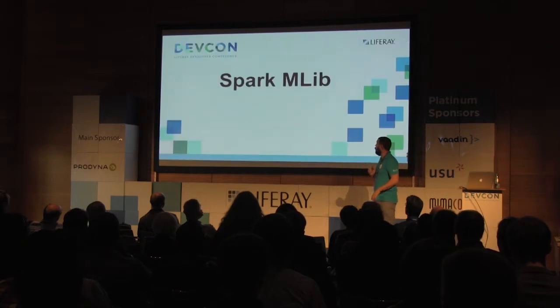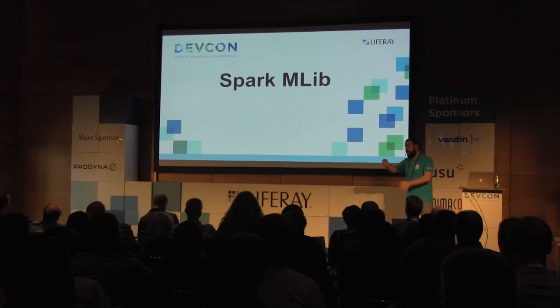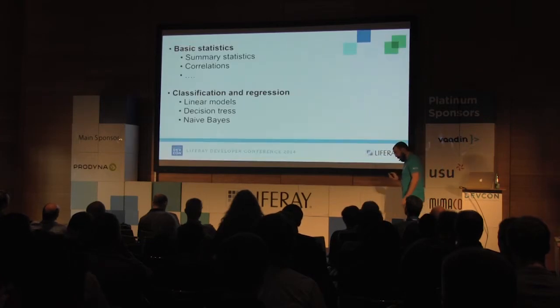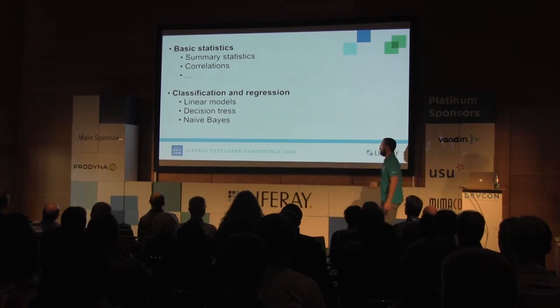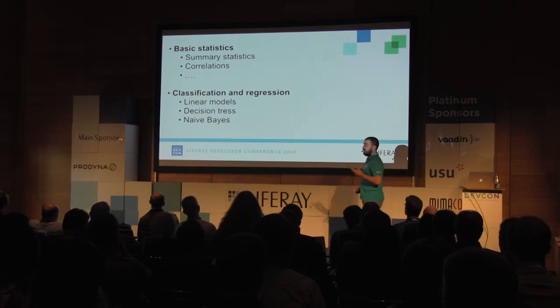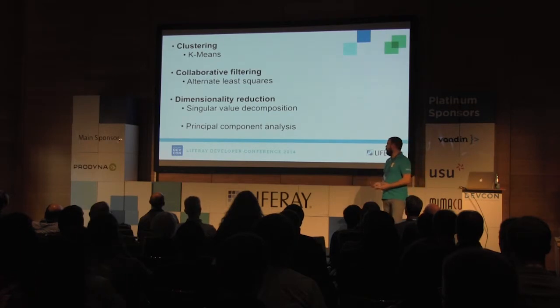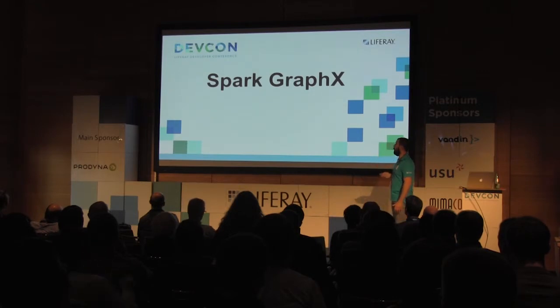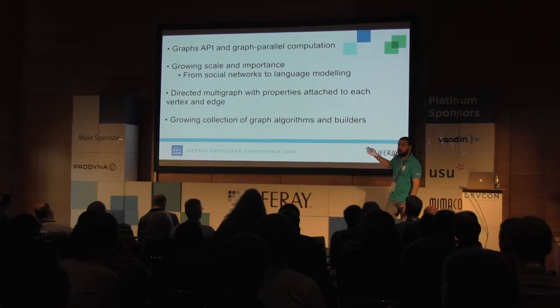For me, this is the most powerful one, which is the MLib, which is the machine learning implementation of many different algorithms. There are quite a few, and in every release they keep adding new algorithms. Basic statistics, regression models, linear models, decision trees, k-means, alternating least squares, dimensional analysis. It's really powerful. You can do graph, okay? So in case you want to build something like Google PageRank, you could use something like this.